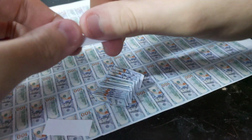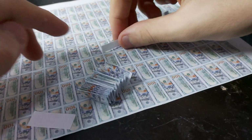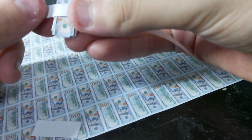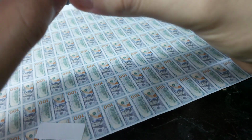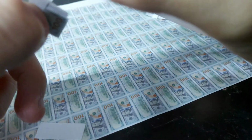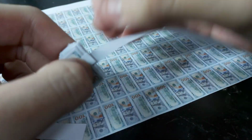Remember those pieces of paper you didn't want to cut open? Like this one? Now, you know how in real banknotes they wrap it around? Grab it in the center and do this, okay? Also, this is a good way to pressure down on the banknote you stuck in earlier with glue. So grab that there